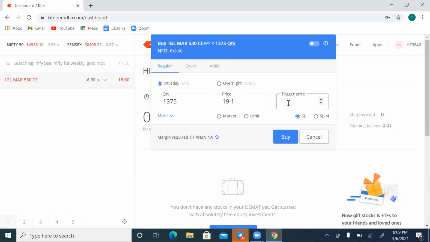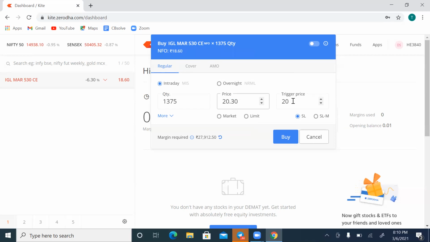When I say buy about 20, then just keep it as 19.90, or you can also mention 20. The trigger price is the field where the broker will trigger this trade to the NSE exchange. Whenever the trade price comes to 20, automatically the exchange receives a message or a transaction from our demat account. Then this price, we will mention it as 20.20 or 20.25 or 20.30.